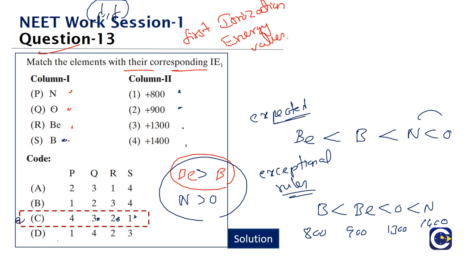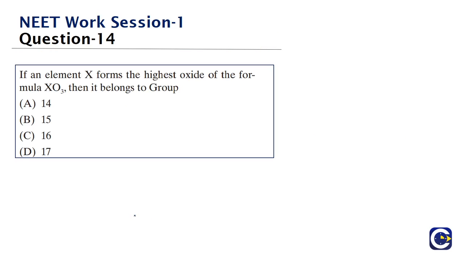But I mean the modern nomenclature. But when we say third group and we take it as boron, aluminum, what we're referring to is what? 3A group. Okay, so this is about the answer. So what is the answer for this? It is option C. Next we look at question number 14.